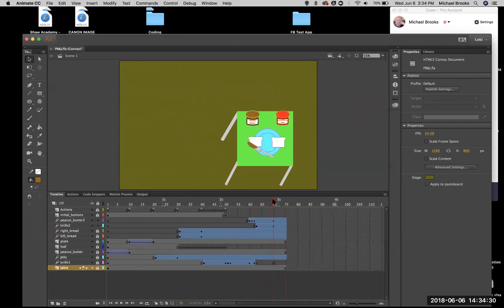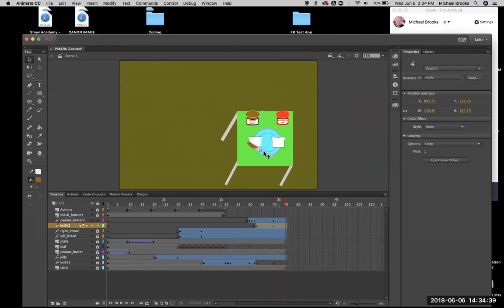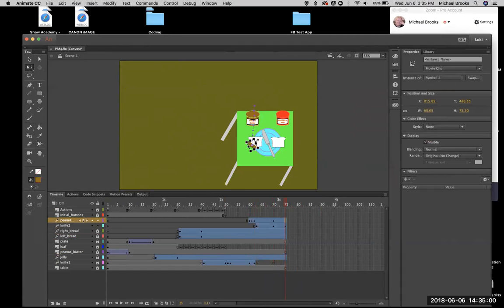All right, so now what I need to do from this point forward, for right here, the knife is going to rotate. But we're going to rotate it at this angle right here. All right, so it's going to go like that. And in the process, it's going to be throwing off the peanut butter. So we're kind of cleaning the knife off using the bread at the same time. So from here,